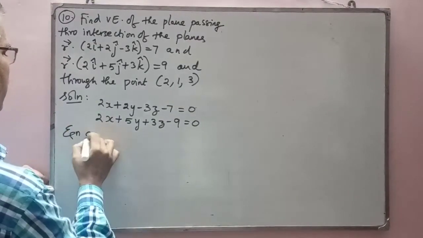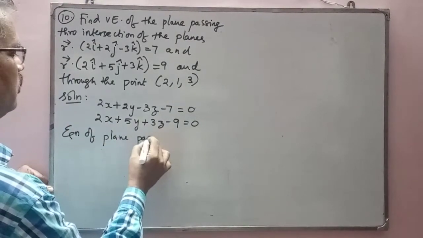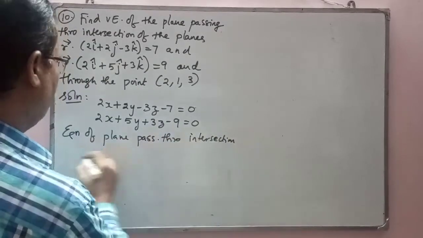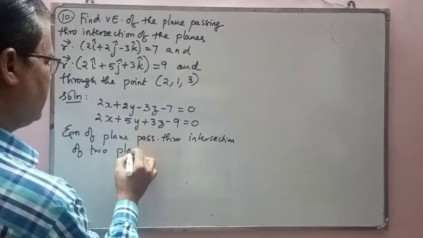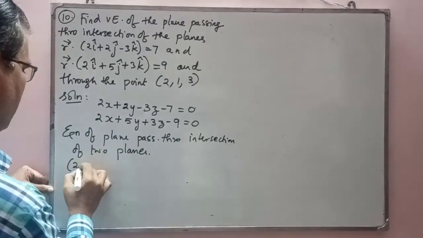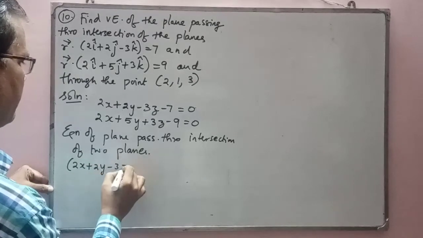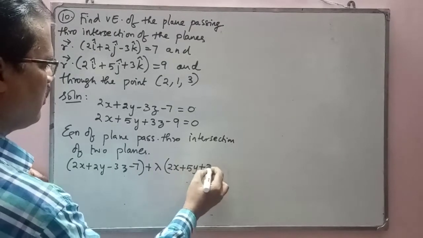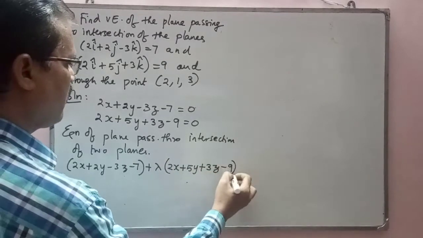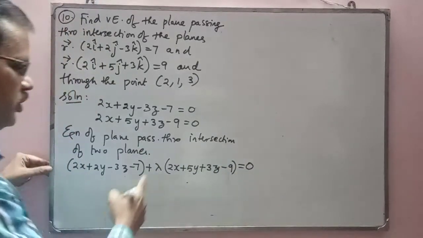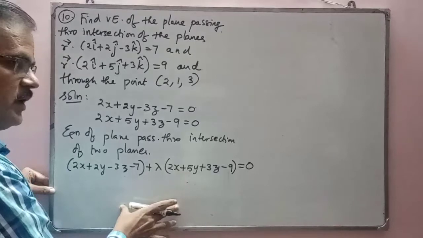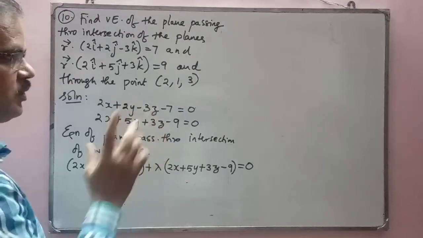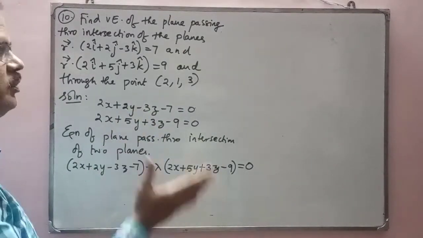Now what is the equation of plane passing through the intersection of two planes? We saw a 9th problem, right? The first equation plus lambda into the second equation equals 0. Now you need to take lambda inside and you will get an equation. Then you have to substitute this point to find lambda. You will get the equation like your 11th and 9th problem. The similar 9th problem. The last step, you will be getting a Cartesian equation.